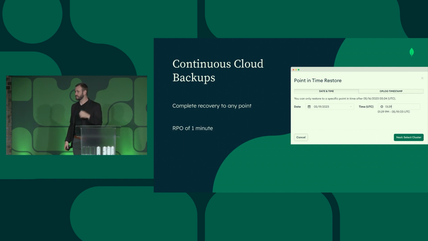And through MongoDB Atlas, this offers an RPO, or recovery point objective, of 1 minute. What that means is that we guarantee that you have all the data from a minute ago all the way back to a pre-configured time window. So you can have multiple days of this point-in-time restore, meaning that, let's say, a day ago you had an issue that you just found out about. You can pinpoint that timestamp and then go back all the way for that day. Again, that's a configurable range that you can set there, but we're guaranteeing that you have everything from at least 1 minute ago back to that time.